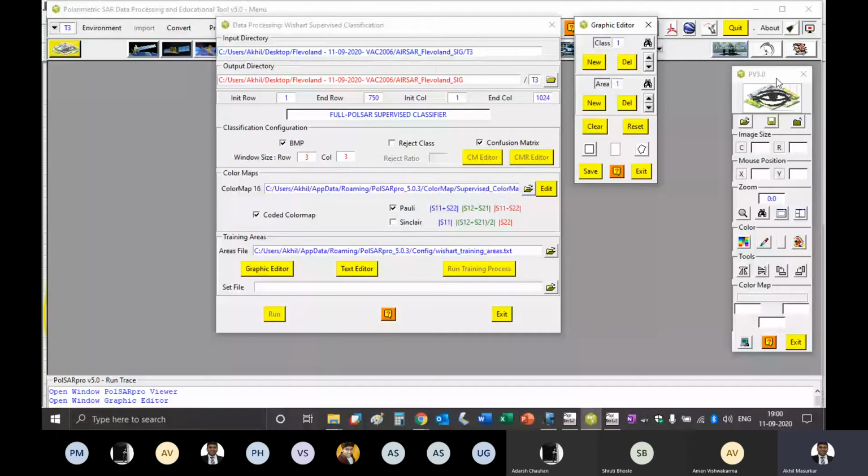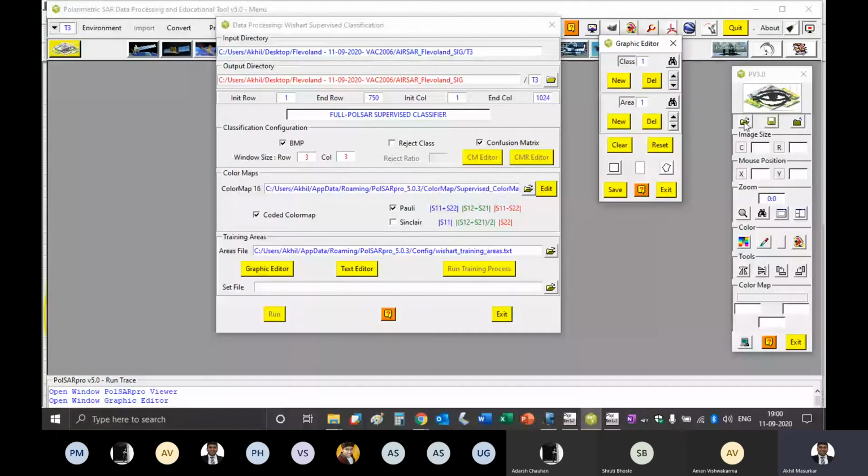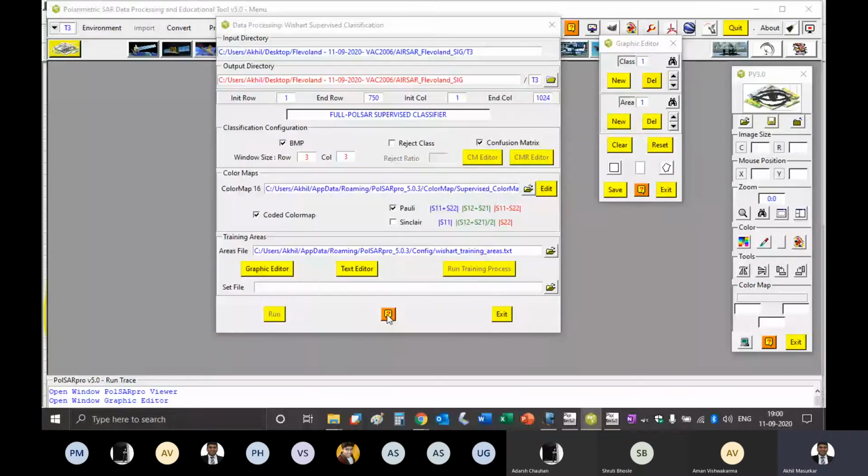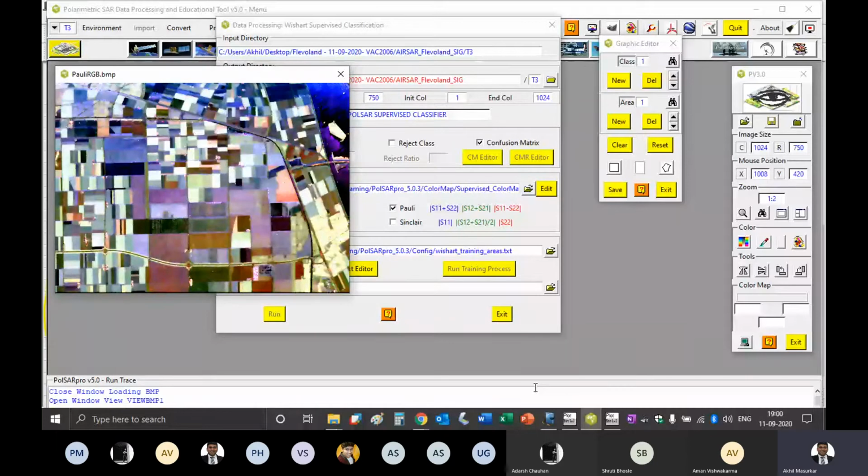Now I'll say open. Again I'll say open, and I'll go to poly RGB and say open. So I should get my poly RGB just like before.